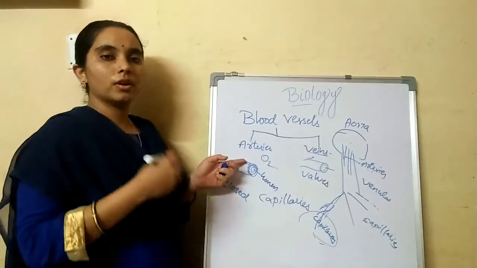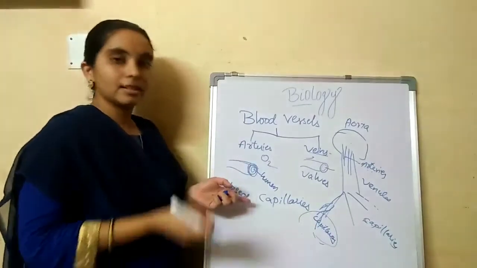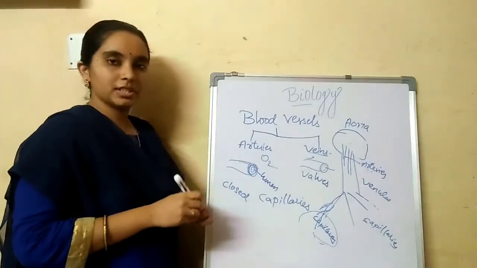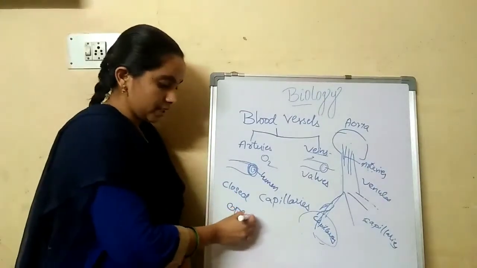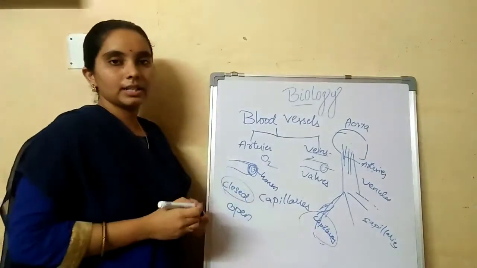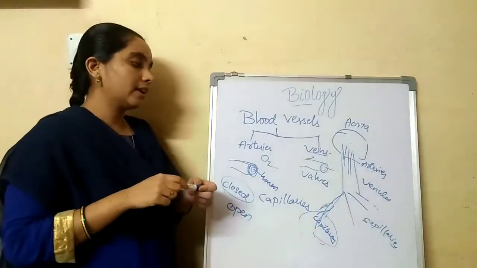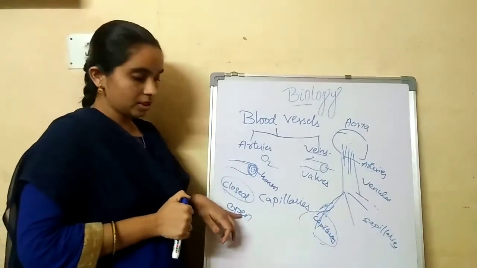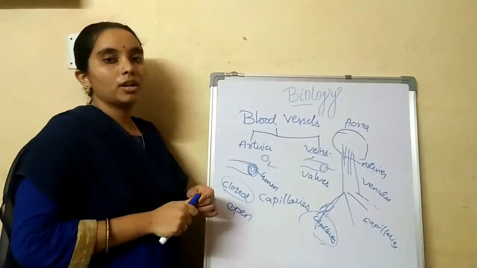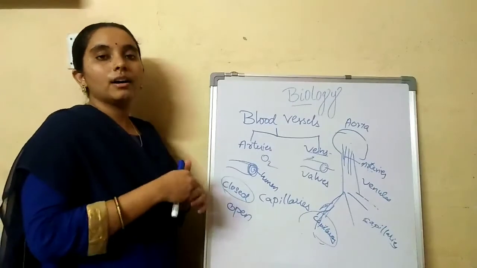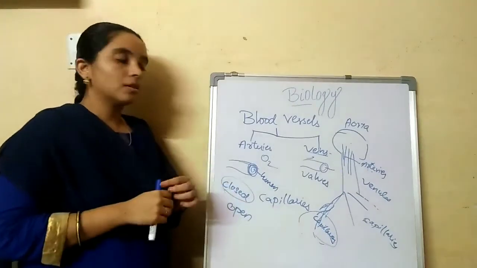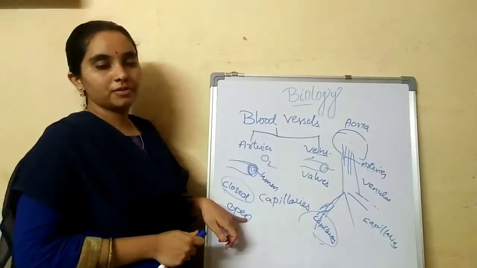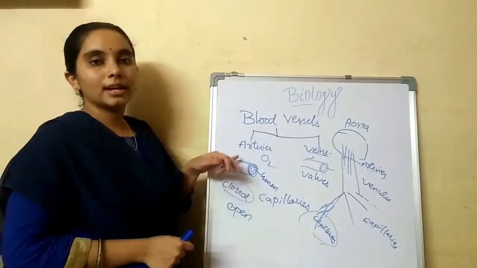If blood is flowing within the cells or in between the cells without any blood vessels, that type of circulation is called open circulation. The closed type of circulation is seen in higher animals like mammals and also some other animals. Whereas open circulation, as you have already learned in 9th class, is seen in many phyla of Animalia, like Platyhelminthes, where blood does not flow inside the blood vessels.